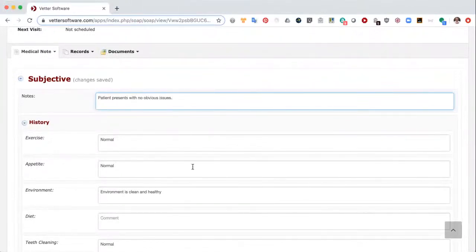There we go. Now, something to mention. If you use a mobile device with Vetter, a phone or a tablet, you can actually use voice to text to enter information into your medical notes. What you would do, say on your iPad, bring up the medical note, tap into a field, the virtual keyboard